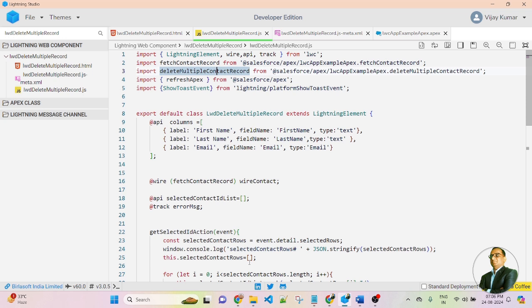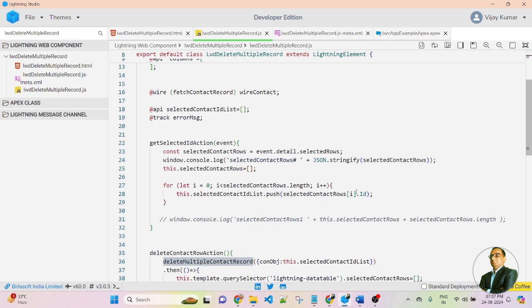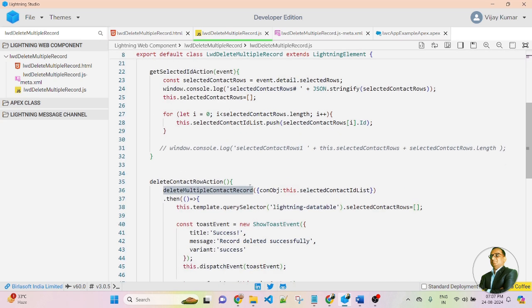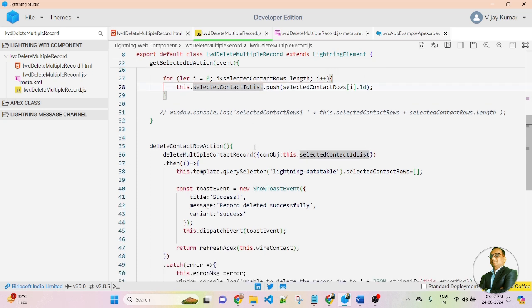So this is a function I am importing from the Apex controller. This is the method that is being imported here. This imported variable I am calling here, and inside the bracket I am passing selectedContactIdList. So friends, this is the array type list where I am adding all of the selected records.